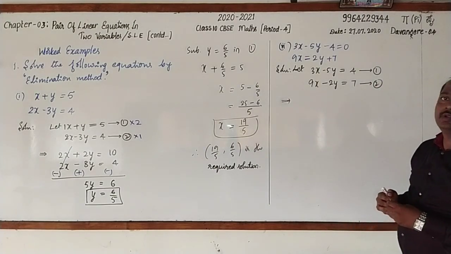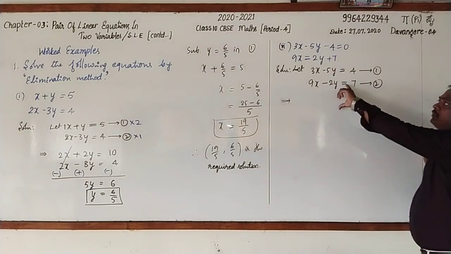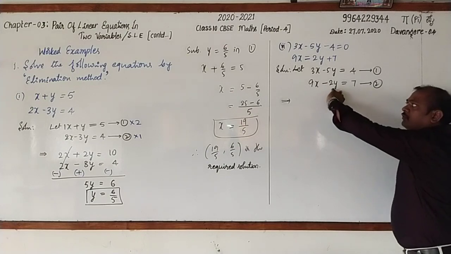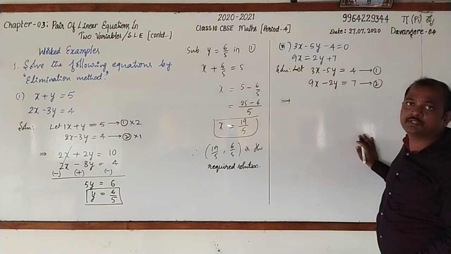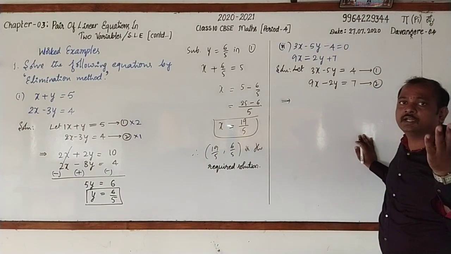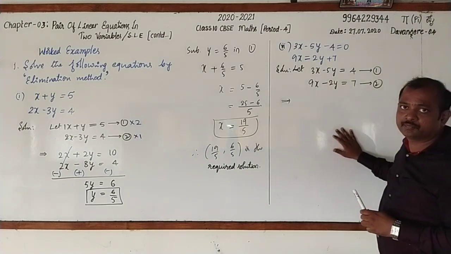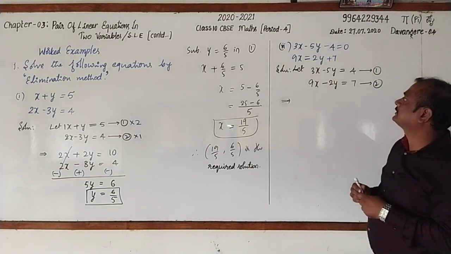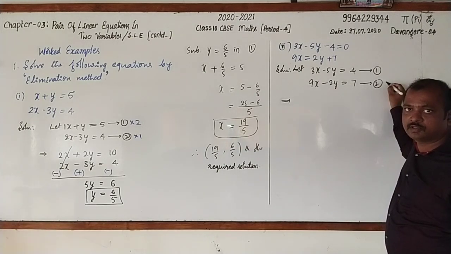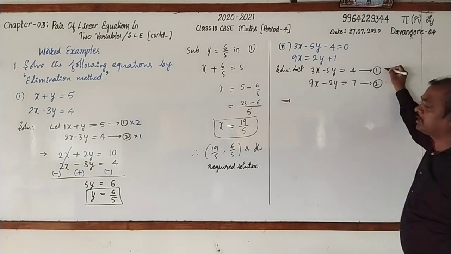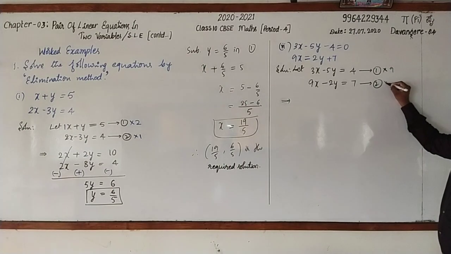Now, to find out the value of x, you have to eliminate y. To find out y, you should eliminate x. How do you go for that? You will go for equalizing either the coefficients of x or the coefficients of y. How do you go for this? Observe. Here 3 is there. So can you multiply this by 3? Then here 9 is there. Should we multiply by 9? Of course. Observe. If you put 9 here and 3 here,